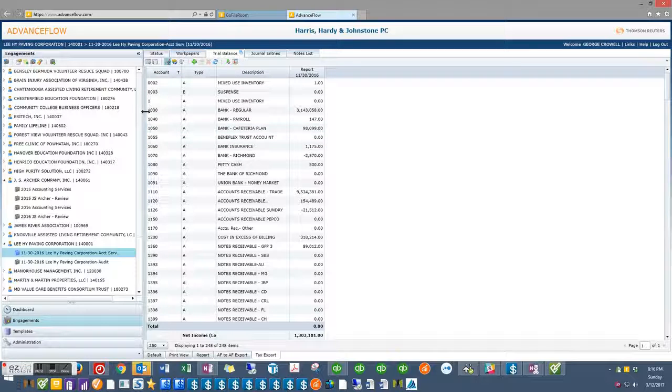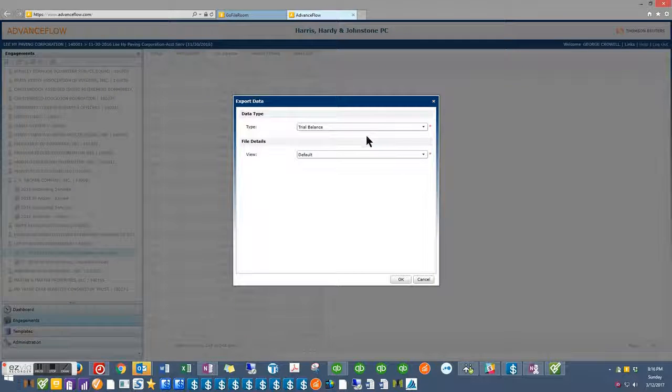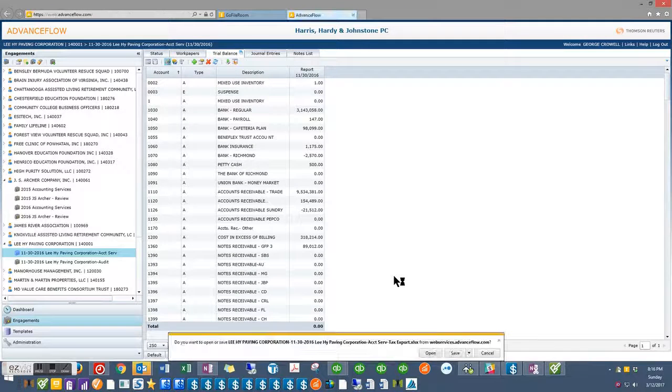Under the type is necessary. You've got to have this column in here when you're taking it into CSA. And there's going to be a couple things I'll show you real quick that has to do with some account numbers that are the same. So again, we do the export,